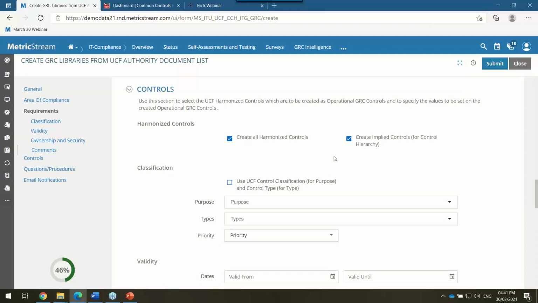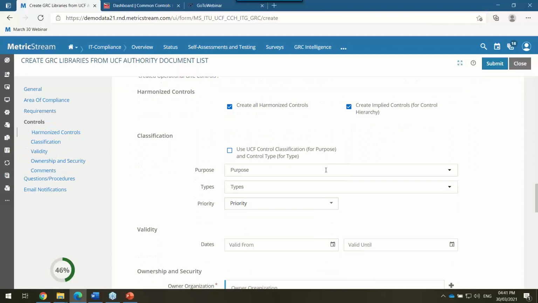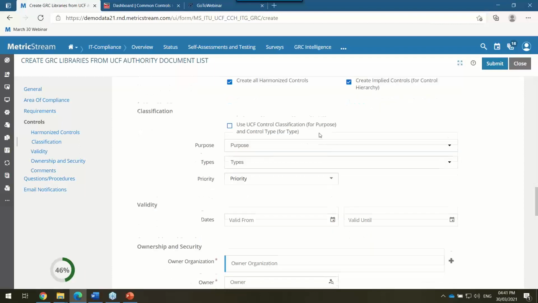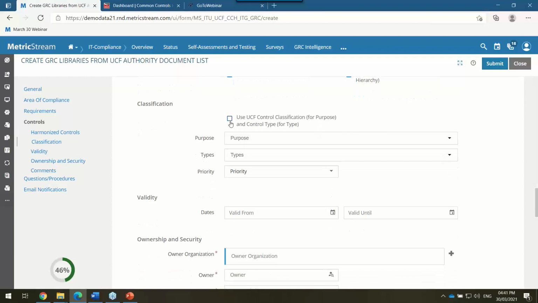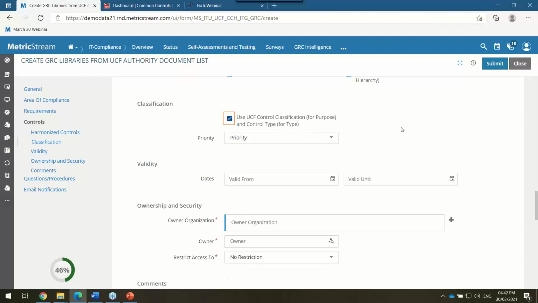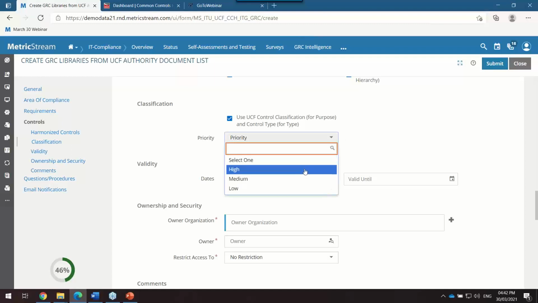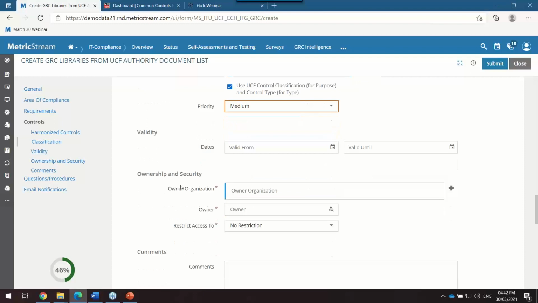There have also been cases where they say we just want to bring in harmonized content with the duplicate factor and just the mandatory controls and not the implied controls for a given regulation, and would want to go over them and monitor them with the next set of steps, which is the control test, and so on and so forth, right? So it also helps you do that. And along the way, we do also get some additional information from UCF. So you also have an option to say whether you want to go with the classification that the UCF provides, or you want to further enrich the content with your own classification, with your own priority, high, medium, low, and so on and so forth, right?